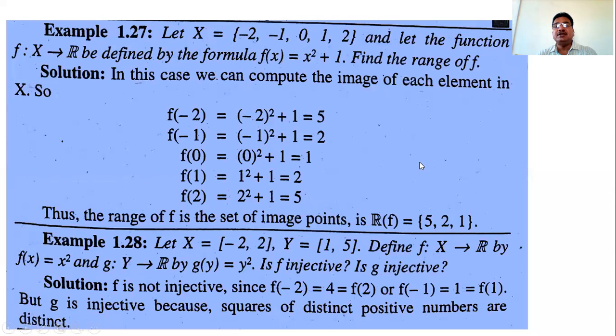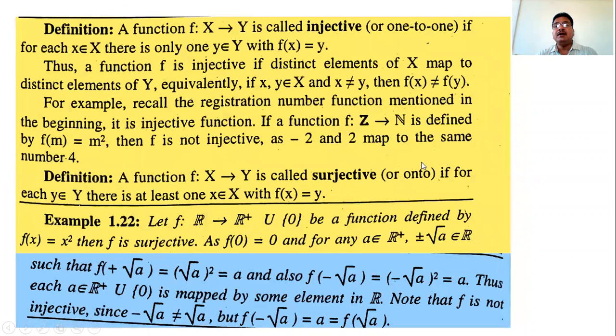So when we say the function is injective, if the elements are different, then their images are also different. So write this statement: f from x to y is called injective either by this definition, that for each x belongs to X there is only one y in Y such that f(x) is equal to y, or we write this definition as follows. If x and y are elements of X and these two elements are different, then their images are also different. If this happens, then we say the function is injective, or the function is one-to-one or 1-1.